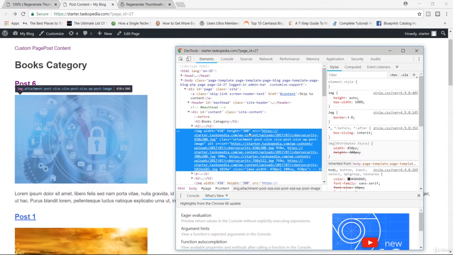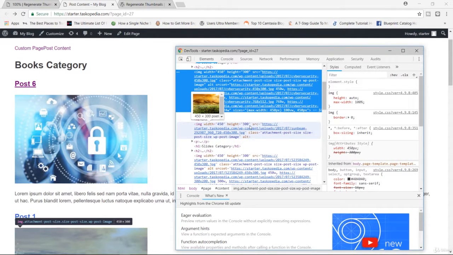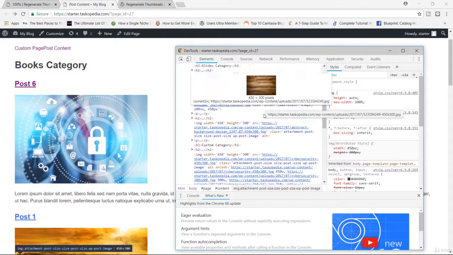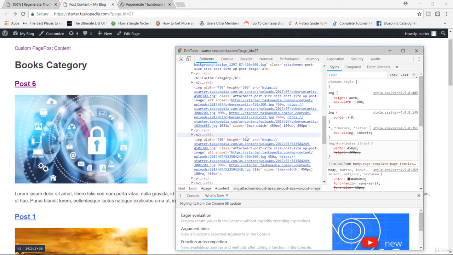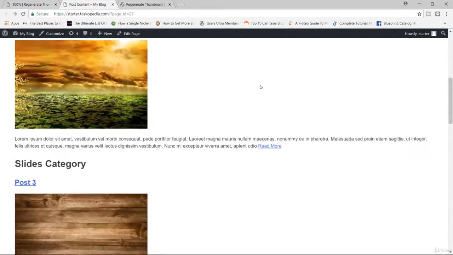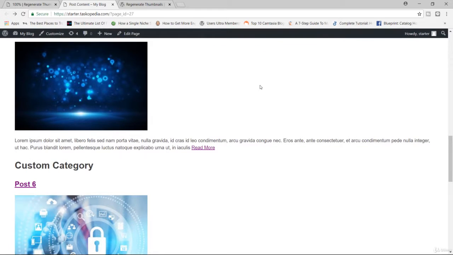The first image is 450 by 300. Second is 450 by 300. Third, fourth, and fifth are all 450 by 300. And sixth is 450 by 300, as you can see. Awesome. So that is exactly how to ensure that every single featured image you have on your WordPress website is